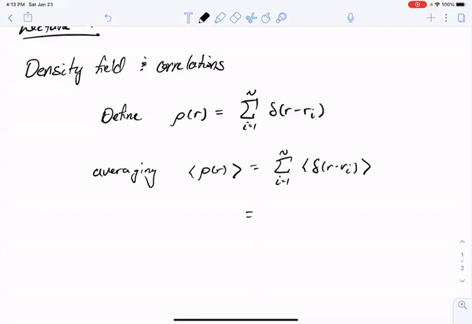If all the particles are identical, so I'm working with some simple solution, say a solution of argon atoms, that gives me N of the same terms. So I can tag, say, the first particle and ask for its expectation value. Now, what is that? Averaging the delta function,